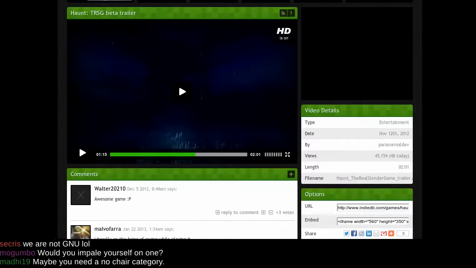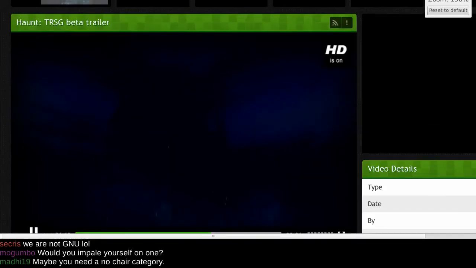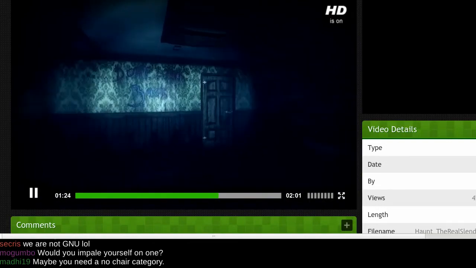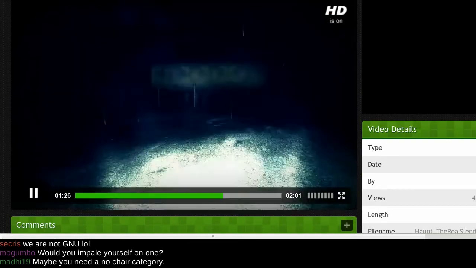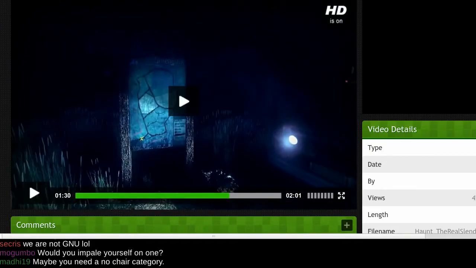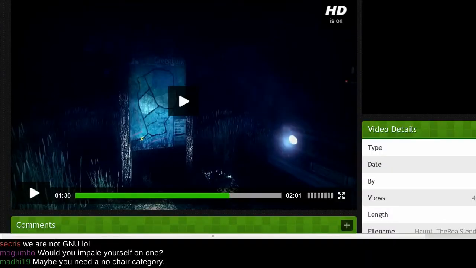I mean, it looks all right. It doesn't look terrible. For what it is, it's dark. It's all filmy. I kind of get the Blair Witch vibe. But yeah, I might give it two chairs. Two chairs. P-Man? Yeah, well, as much as I like horror games, and the atmosphere wasn't all that bad, I can't give it